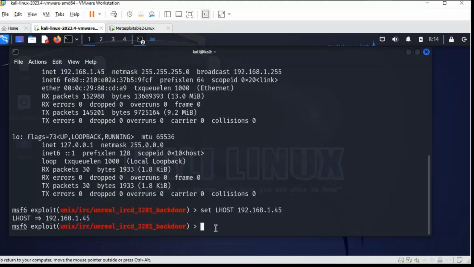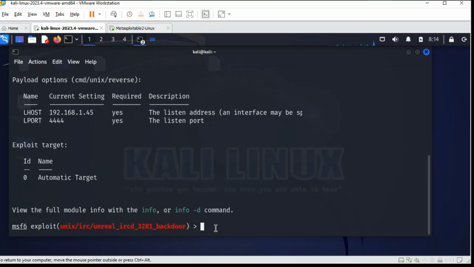How do I reconfirm that? You type show options and press enter, and you can see 192.168.1.45. So now everything has been configured. Rhost has been configured, lhost has been configured, and the port number automatically gets updated. Now, the last step is to exploit. Type exploit itself